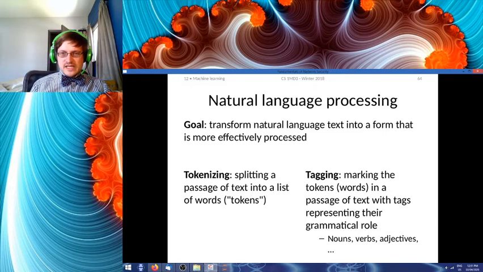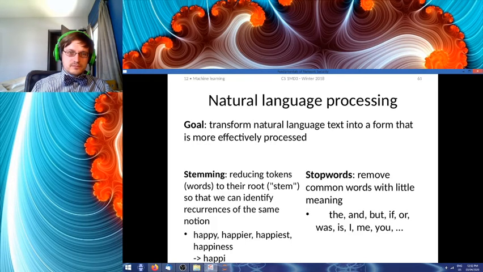And then there's also tagging. Once you have tokenized the text, then you have to tag them according to what their grammatical purpose is inside of the sentence. So are we dealing with nouns or verbs or adjectives, prepositions, etc.